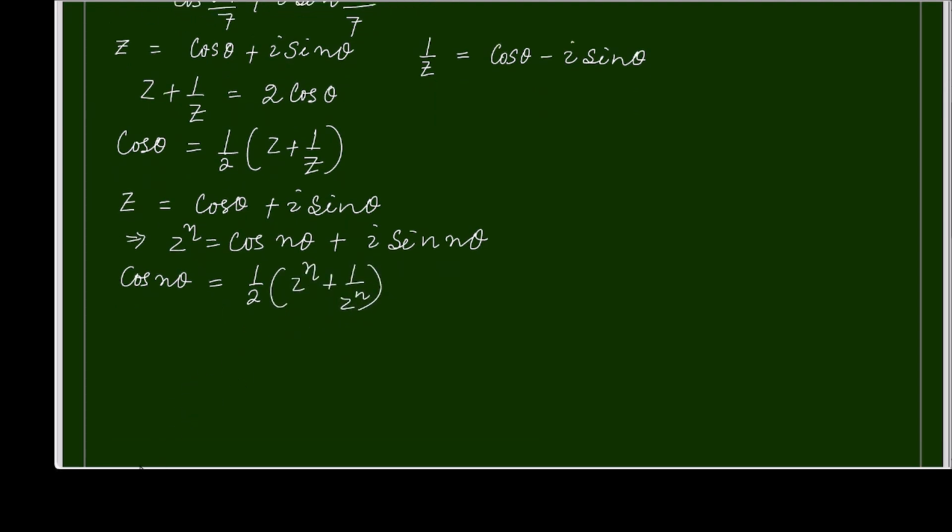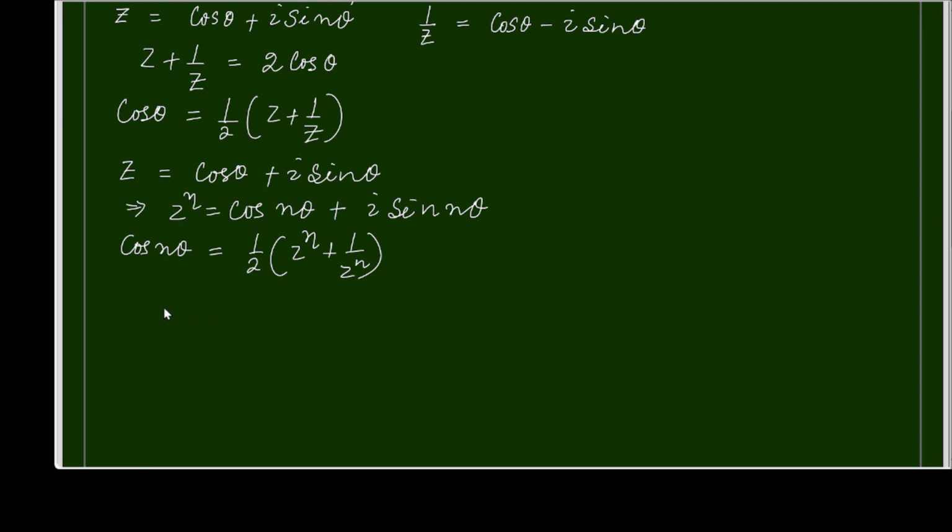So putting into this formula, I have taken z equals cos 2 pi by 7 plus i sin 2 pi by 7,